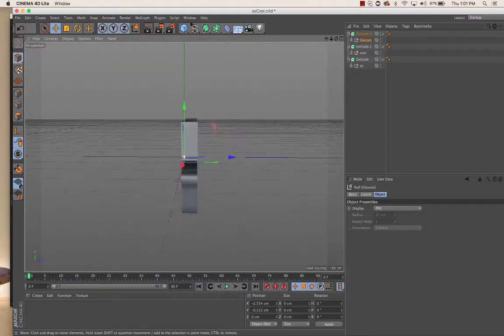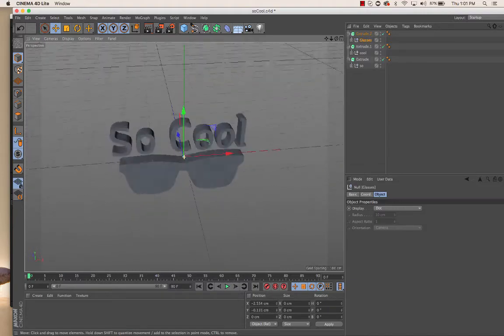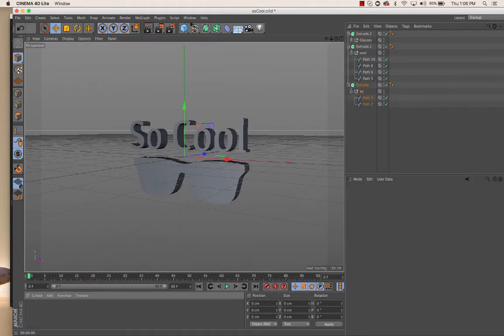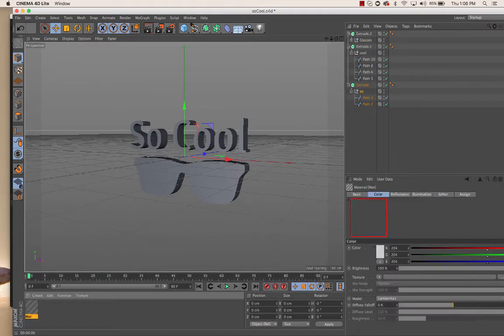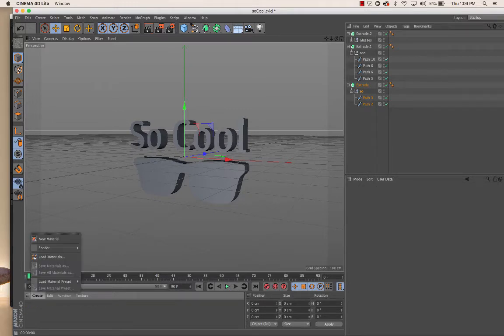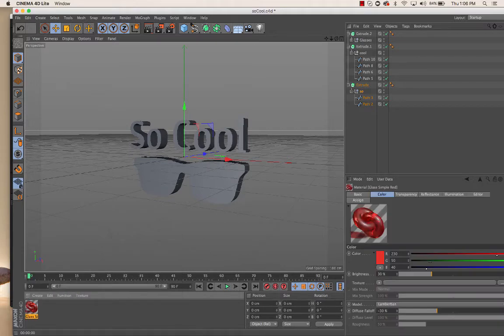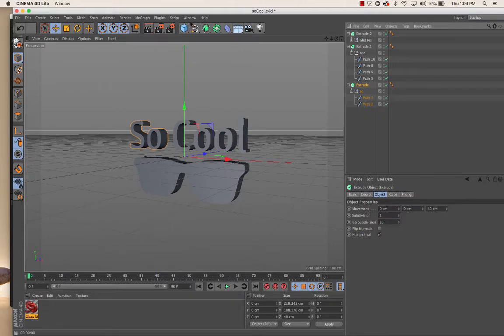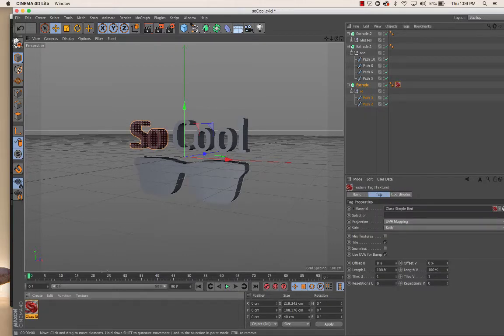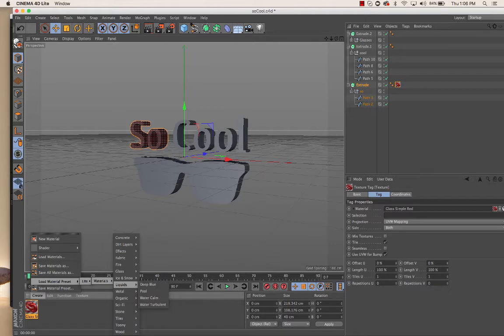And we can spin around and just check that that looks like what we think it should look like. So as we did last week, let's put on some materials. So I'm just going to go create, and we're going to use the prefabricated materials again, the presets. So let's use some glass this time. So let's say a red glass, and we'll click on the word so, and same for, let's say, maybe a blue glass,